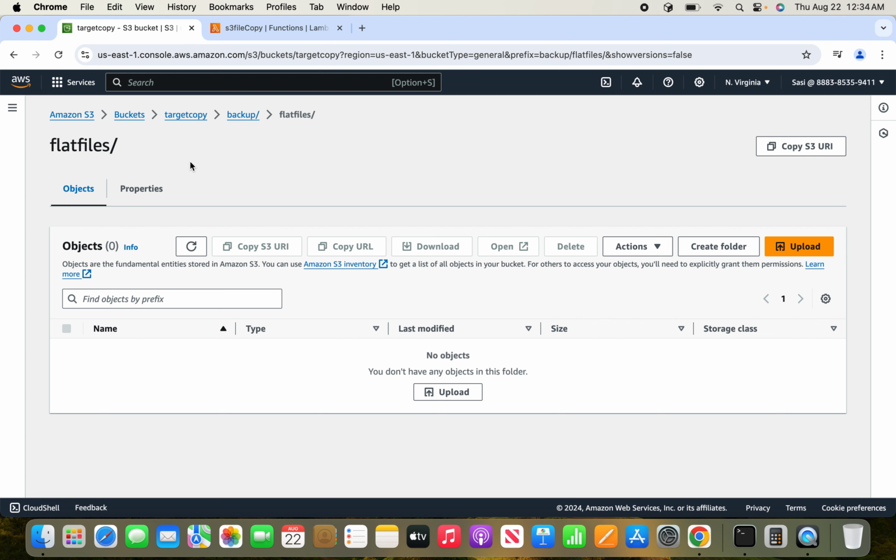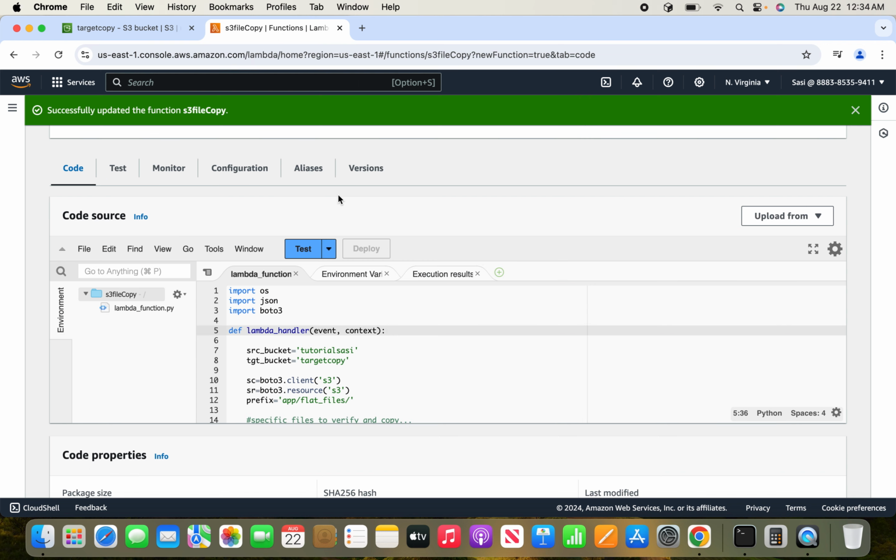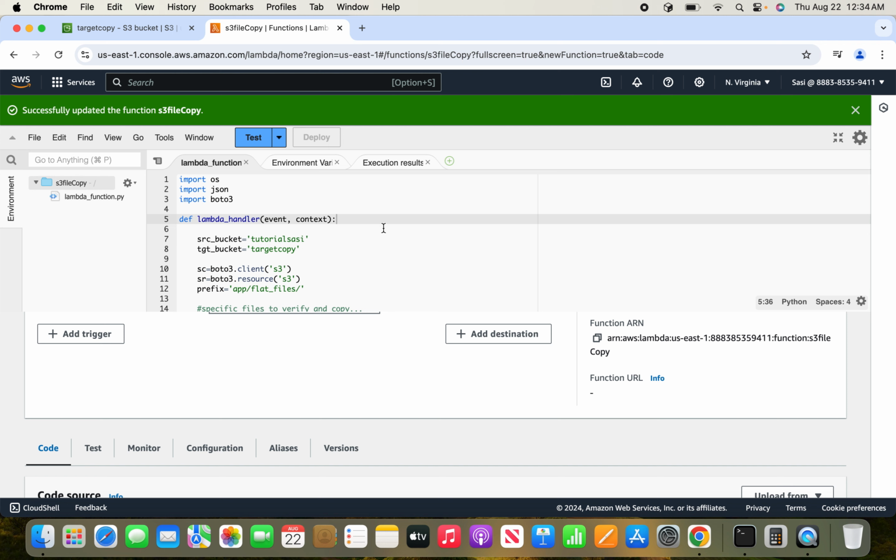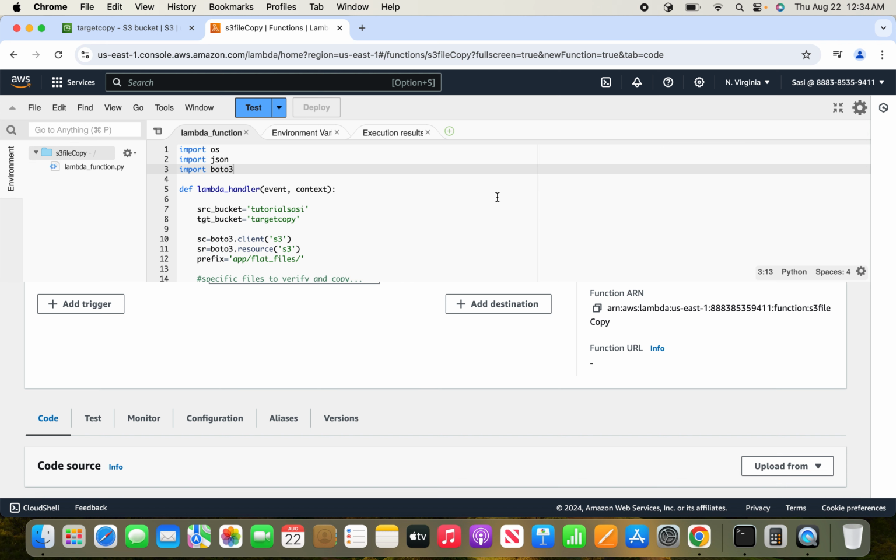So how are you going to achieve copying from the source bucket to the target bucket folder? We are going to see in detail the implementation using the Lambda function. This is the Lambda function I have created already. Basically I'm using the Boto3 SDK API as the simplest thing. So if you see here,